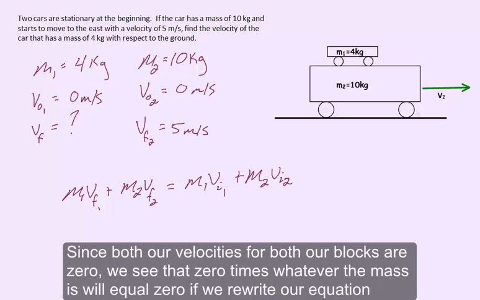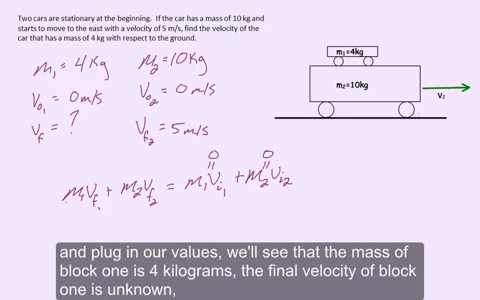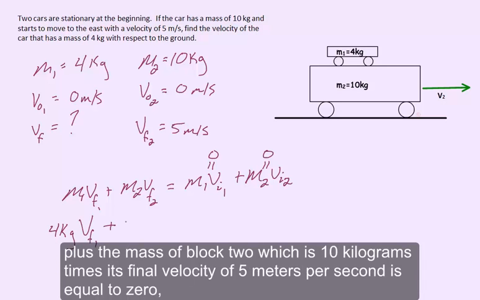Since both initial velocities are 0, 0 times whatever the mass is will equal 0. If we rewrite our equation and plug in our values, we'll see that the mass of block 1 is 4 kilograms, the final velocity of block 1 is unknown, plus the mass of block 2, which is 10 kilograms, times its final velocity of 5 meters per second,